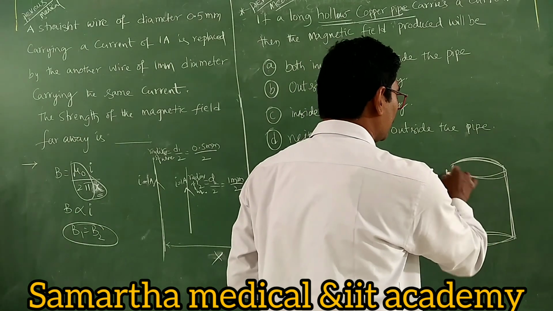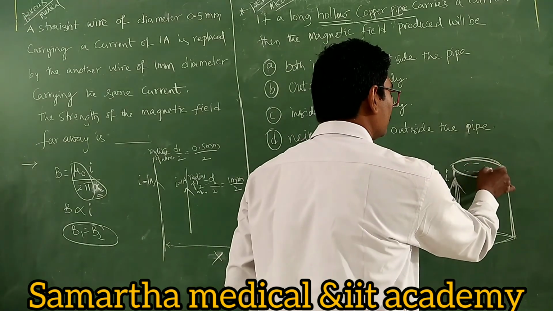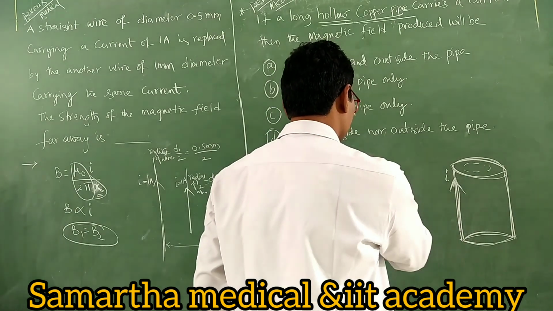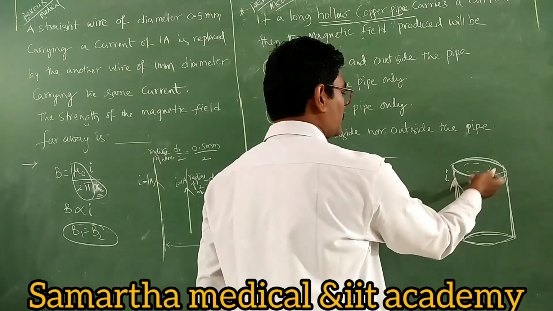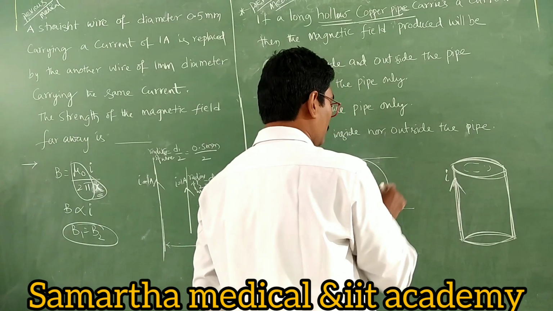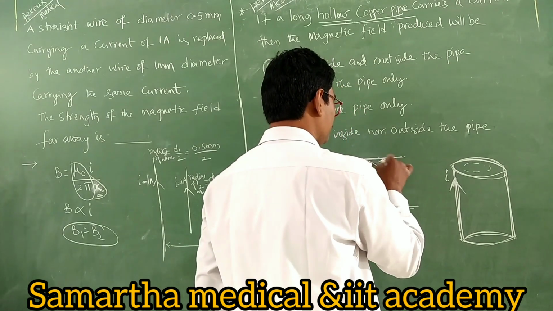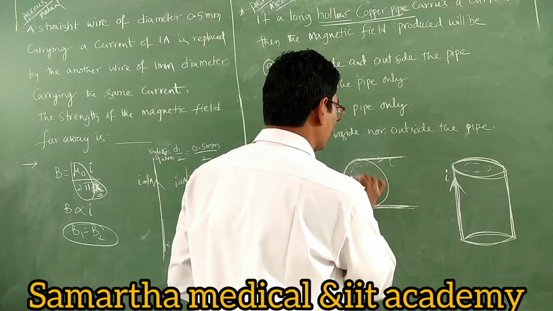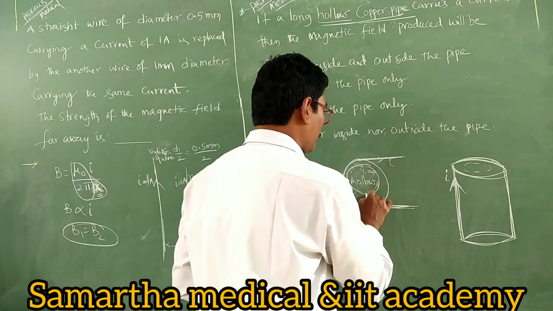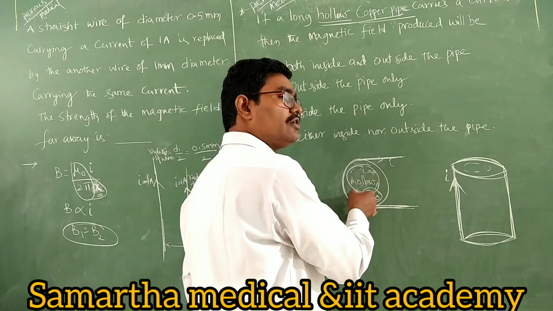So that means the current is I. Then what will be the magnetic field produced? Will it be produced inside? Like in the previous problem, this is the cross section of this pipe. This is hollow. So the current is only in the conductor, but not inside. As there is no current inside that pipe, what about the magnetic field? Zero, since the current enclosed by this Amperian loop is zero.